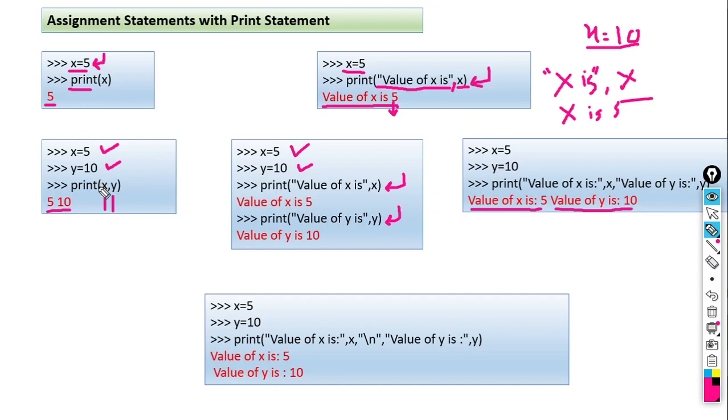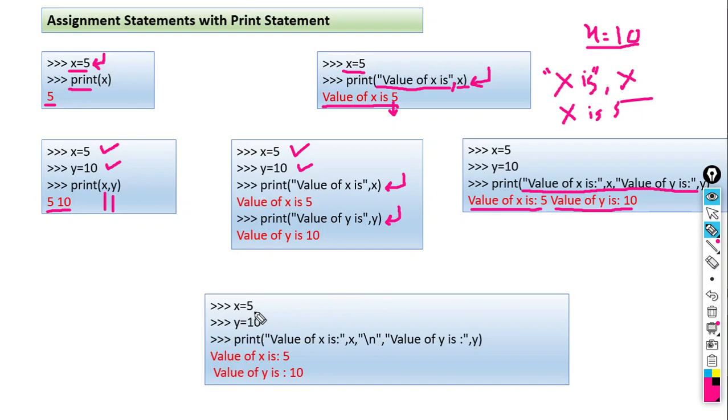So in the first example, we stored two variables and printed them by using a print statement, with only the variables. In this example, again we have stored two variables, but the print statement is different. We have given some text and then a variable, and according to that it will give you output. In the third example also, we entered two variables and only the print statement is different. We have written all the text and all the variables in a single line. So you will get output like this.